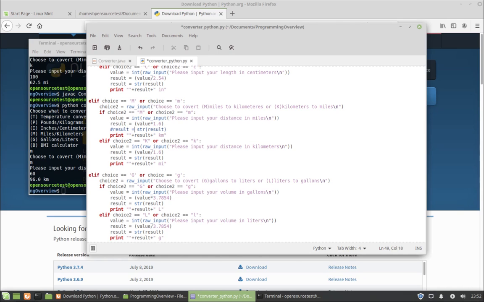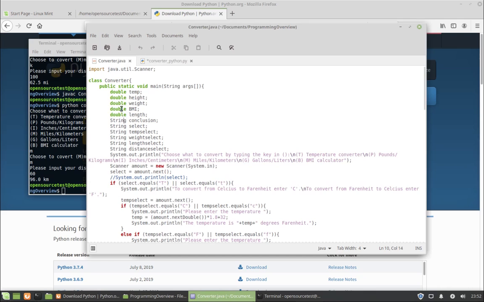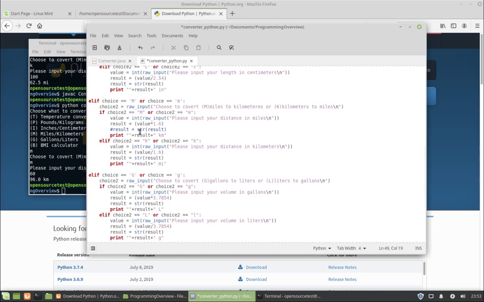Parsing variables with Python is one of the kind of annoying things about the Python programming language. See, in Java, we know what each variable is. We assigned it up front. Like this is a double, which is basically a number with decimal points. And we had that all listed straight up front. In Python, it can auto-assign, but you can always force it. And this is what these integer and string values are doing. But let's see, if I take this away so that the result is not being turned into a string,